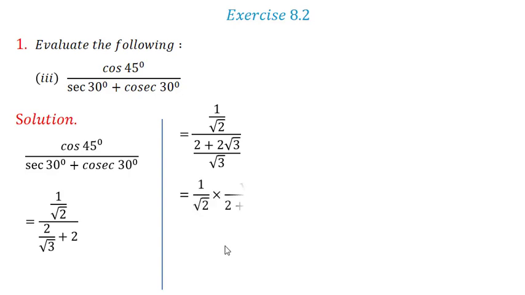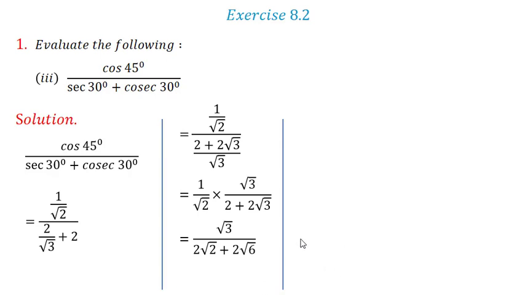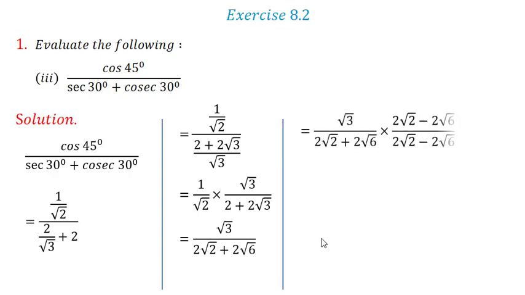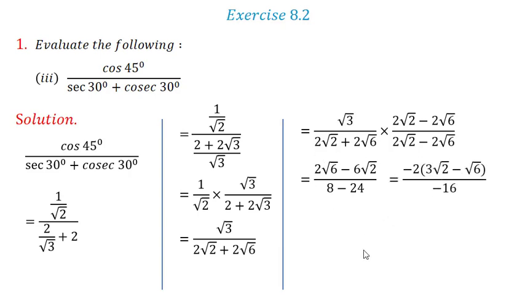So here I find that the denominator is 2 root 2 plus 2 root 6. Now whenever your denominator has a root, then you have to remove that root sign by rationalizing it. For rationalization, I will multiply and divide this whole term by 2 root 2 minus 2 root 6. My denominator will become of the form a plus b into a minus b. As we know, a plus b into a minus b is a square minus b square, so from the denominator I can remove the root easily. After simplification I got the answer as 3 root 2 minus root 6 whole divided by 8.